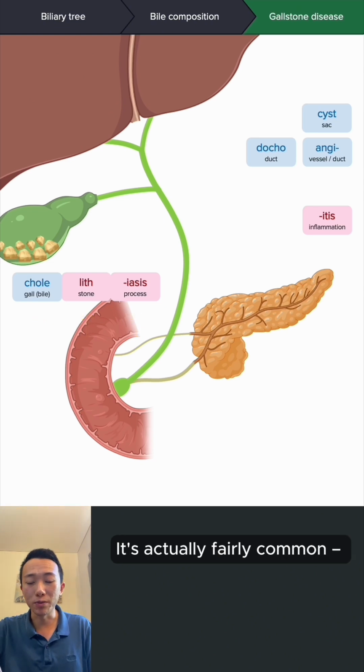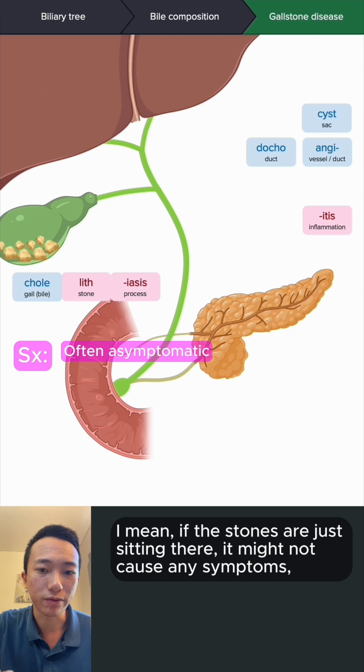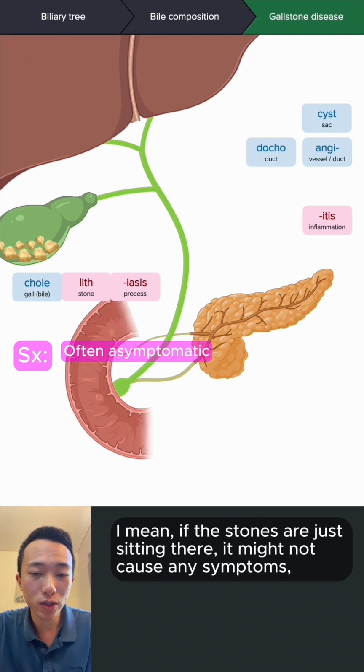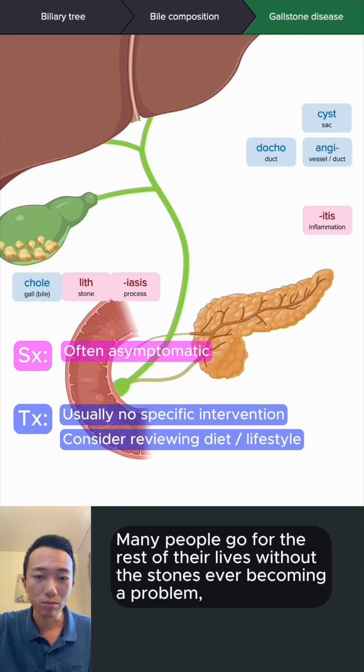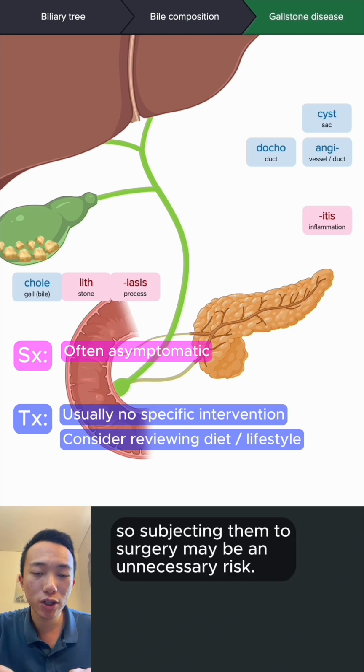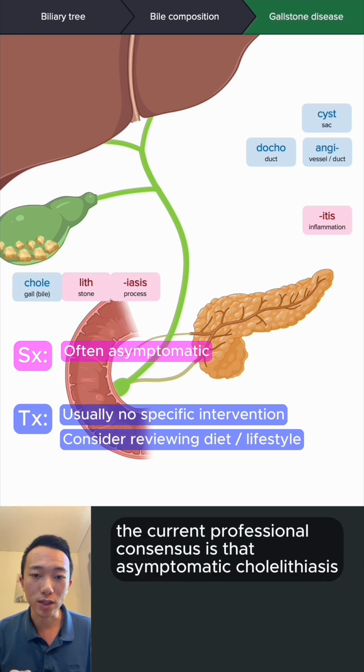It's actually fairly common. There may be many people walking around with gallstones without even knowing it. I mean, if the stones are just sitting there, they might not cause any symptoms, in which case there's not really any reason to treat it either. Many people go for the rest of their lives without the stones ever becoming a problem, so subjecting them to surgery may be an unnecessary risk. There are certain exceptions, but in the majority of cases, the current professional consensus is that asymptomatic cholelithiasis does not